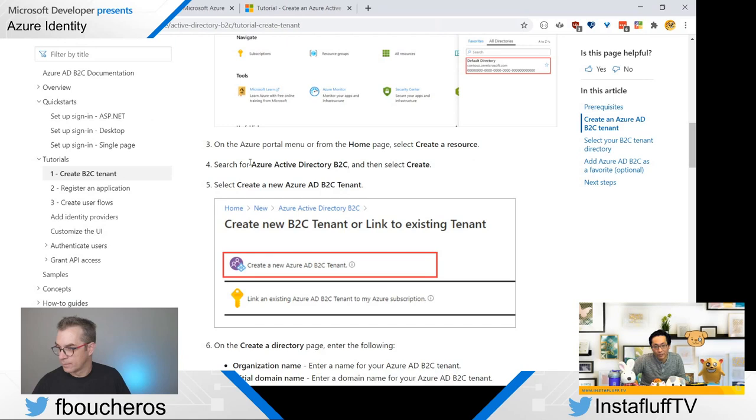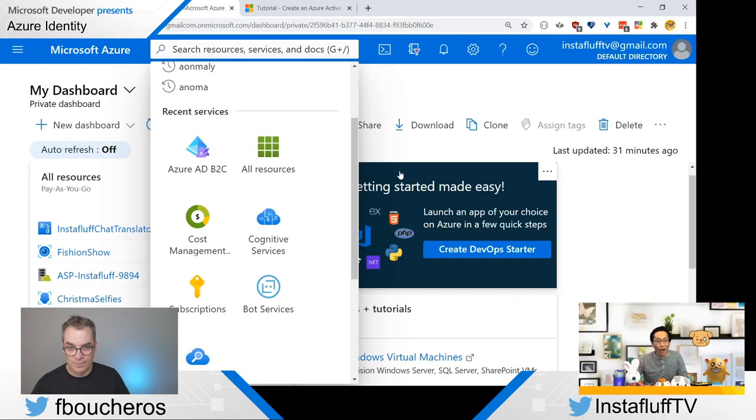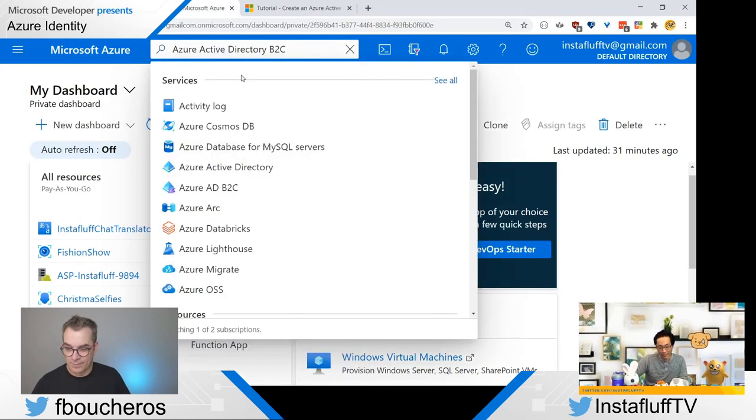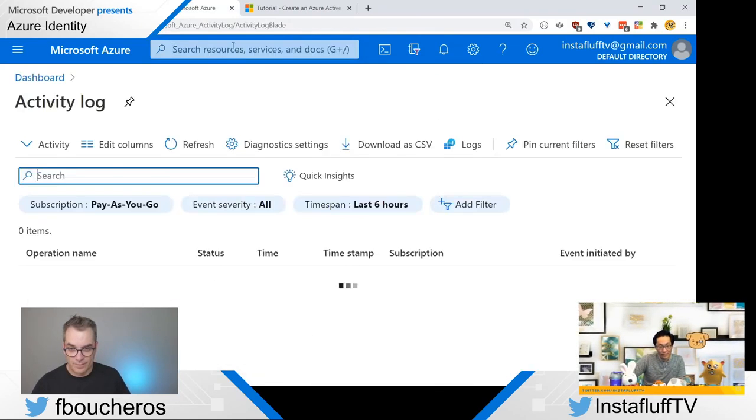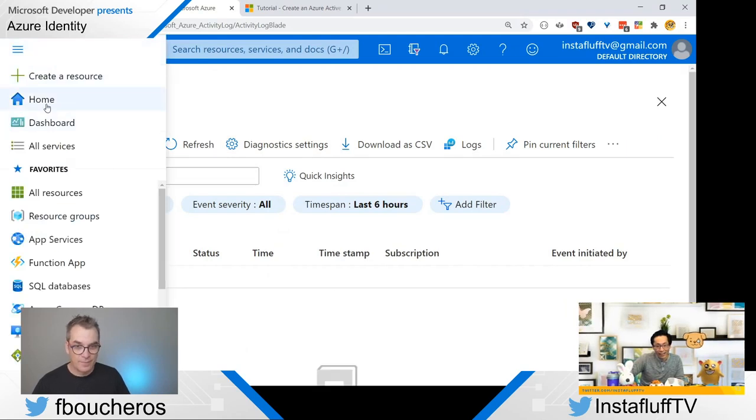I think I might have searched for the wrong one. It's Active Directory B2C. Alright, go and search. Oh no, I do this a lot. I went to the wrong thing.